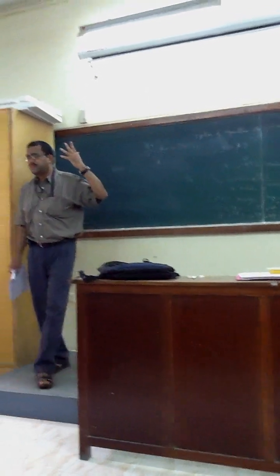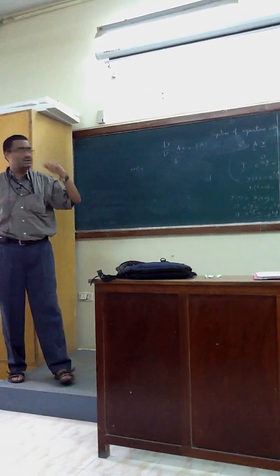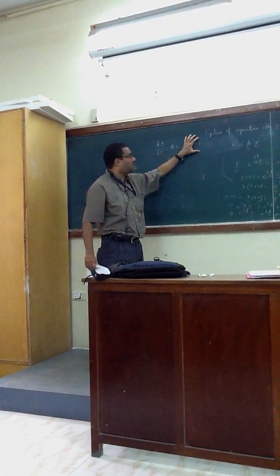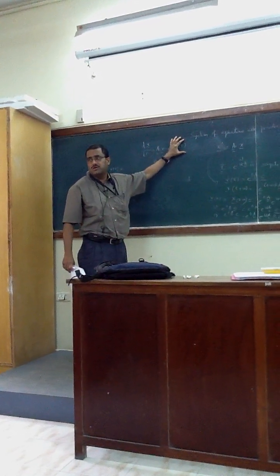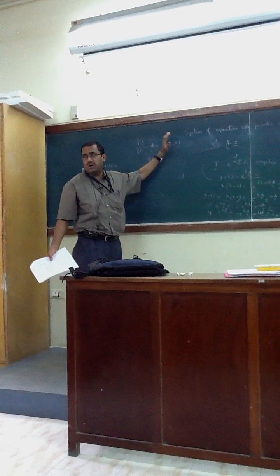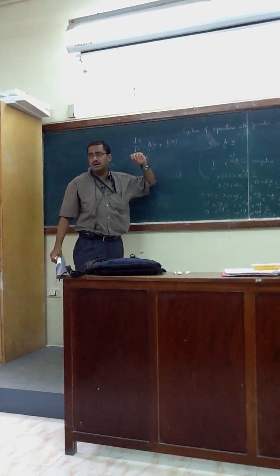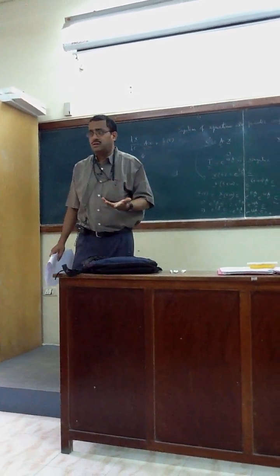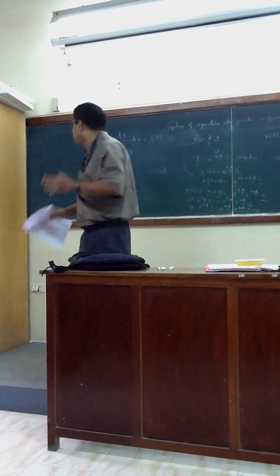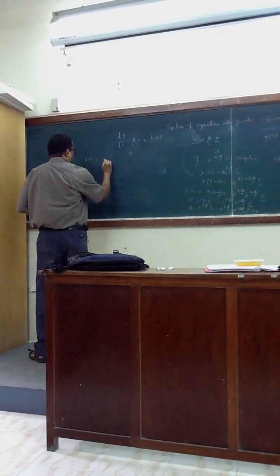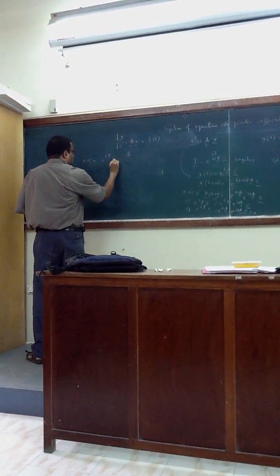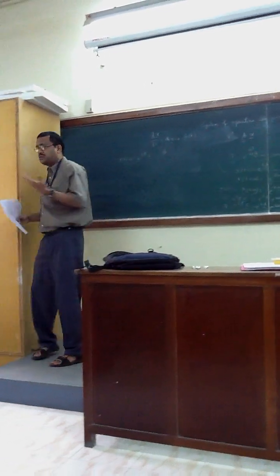Pardon? C1 will not come. How C1? If this is not there, what is the solution? E to the power t into c. Then why are C1, C2 coming? The e to the power t c will be there already. The first term, right? So the first term is already there, e to the power t c. I don't know why there is so much problem. The simple things you are not able to do.